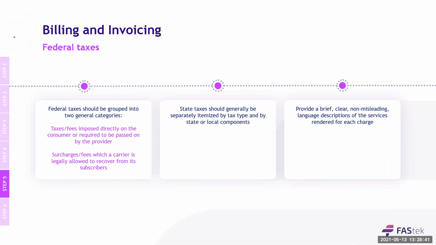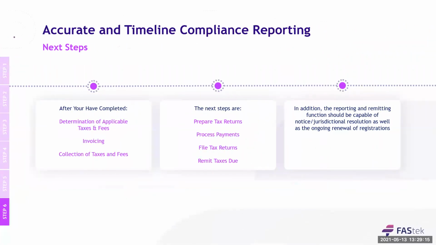You really need to make sure that your federal taxes are presented on your customer invoices in a clear manner. Also, make sure that you're separating federal and state taxes on your customers' invoices. And then finally, make everything as clear as possible in the invoice and abide by the truth laws that are out there. Those are some of the best practices in invoicing that you need to make sure are in your billing system, so you're invoicing the correct way based on the laws out there. So back to you, Karen.